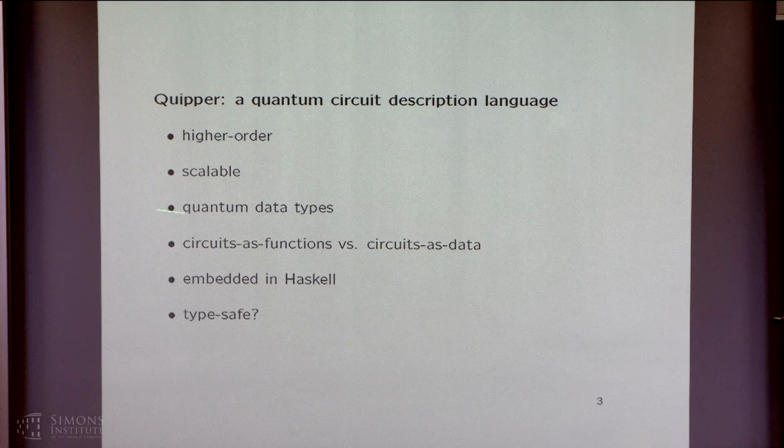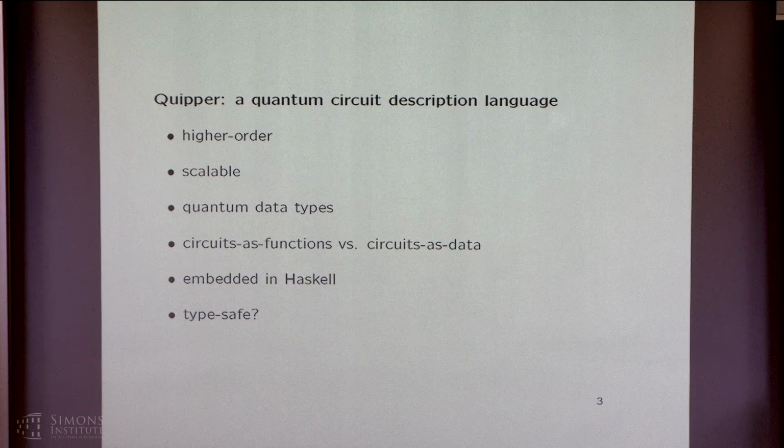So in Quipper, we have quantum data types, similar to data types in a usual programming language. And among these types, of course, were things like lists and trees, but also more complicated types. And we actually have a whole fixed point real number computation. We implemented fixed point real numbers with functions like plus and times and sine and cosine and the hyperbolic cosine and so on, all in this quantum setting. So it's quite scalable and big. And it's higher order, so you have functions inputting other functions. This often happens when some circuit is depending, for example, on a family of oracles or something like that.